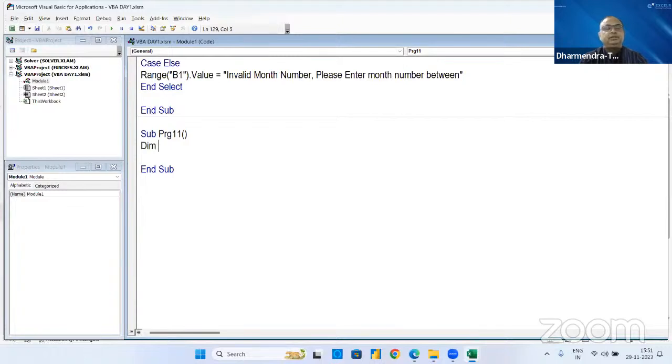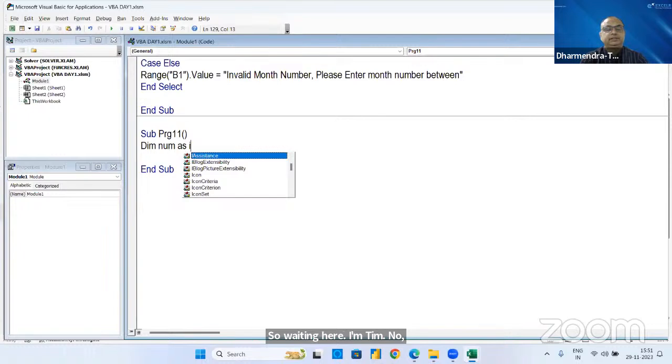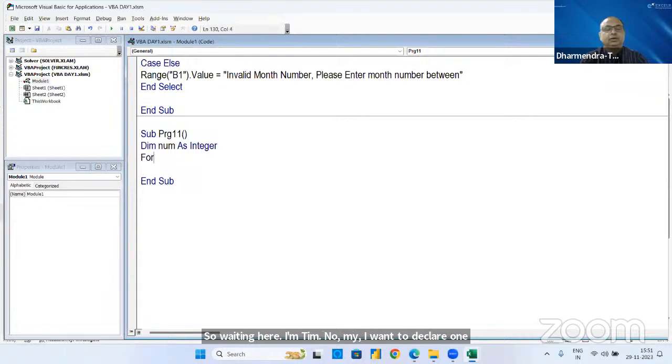Some writing here. Dim num as integer. I want to declare one variable that should be a whole number. I'm telling here for num equal to 1 to 10. Inside this loop, we can assign some job. For example, I'm telling this loop should work 10 times and display